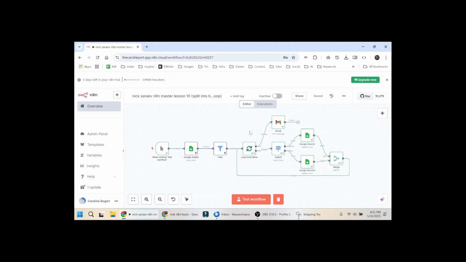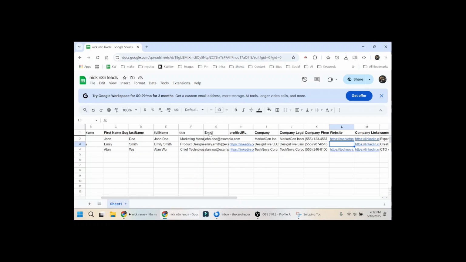This is a little bit different than the example that Nick used because I needed to learn a few lessons and now I'd like to teach them to you. One of the lessons is how to use a switch statement, and that was fun. You notice how there's one item going off this way and one item going off this way. It's because in the case of this data, the profile URL is missing from here and the website URL is